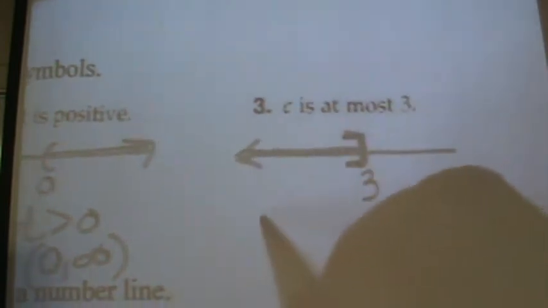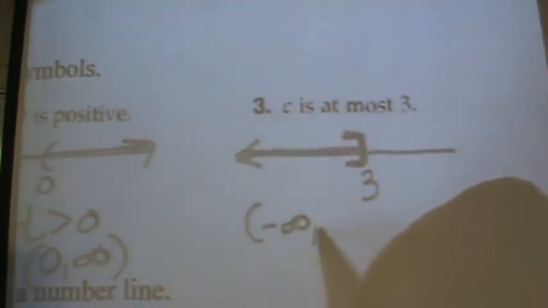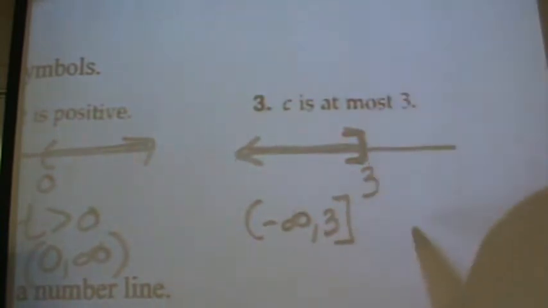Next one. C is at most 3. So if you think of 3 as your critical number, the most it is 3. So it's all of these numbers. That's the biggest. So it's including 3. So this would be negative infinity to 3 with a bracket. Or you could say x is less than or equal to